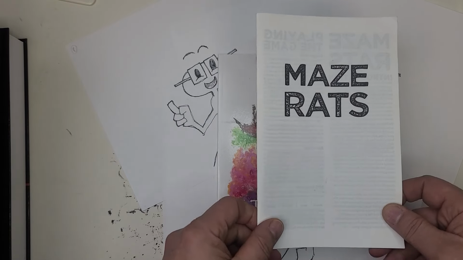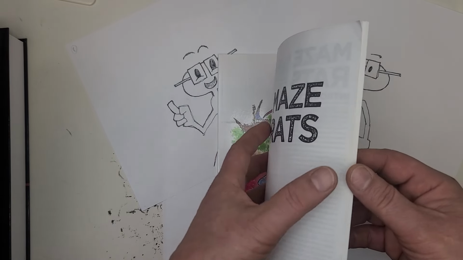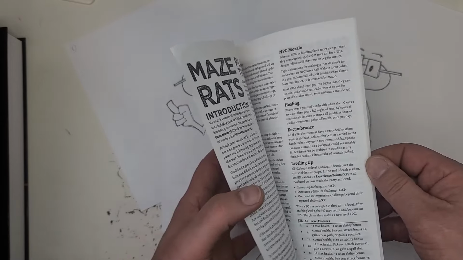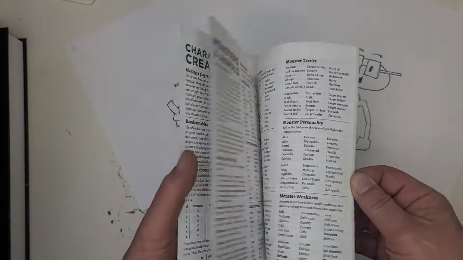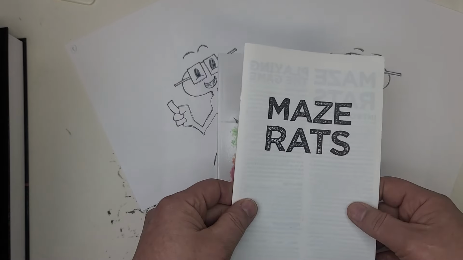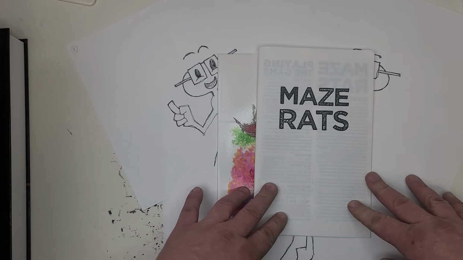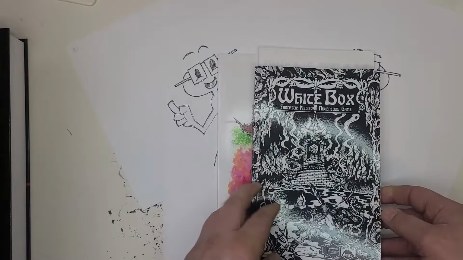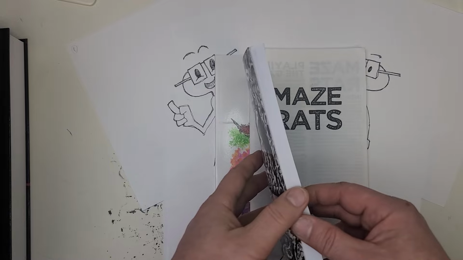Another one I would say that is extremely easy is Maze Rats. The characters are even random. The monsters are random. There isn't much to remember. It's unbelievably easy. Fantastic game. Highly recommended. I would say moving up from Maze Rats, I would say White Box is a little bit crunchier